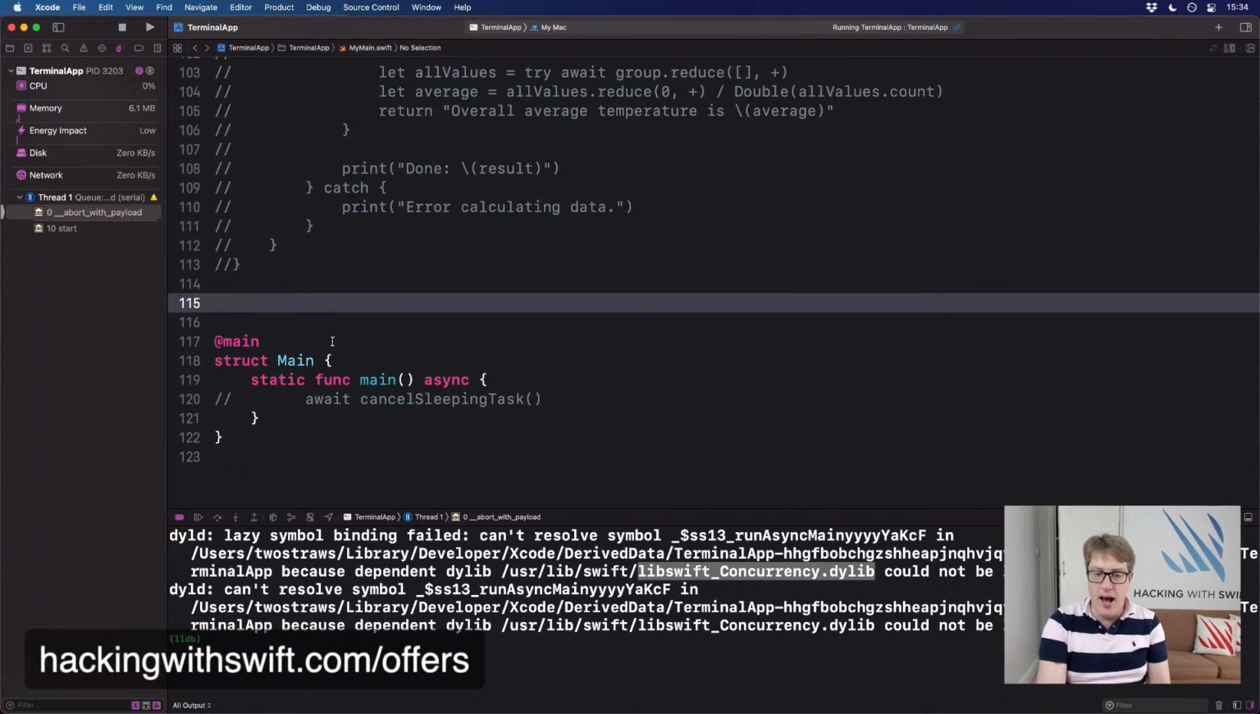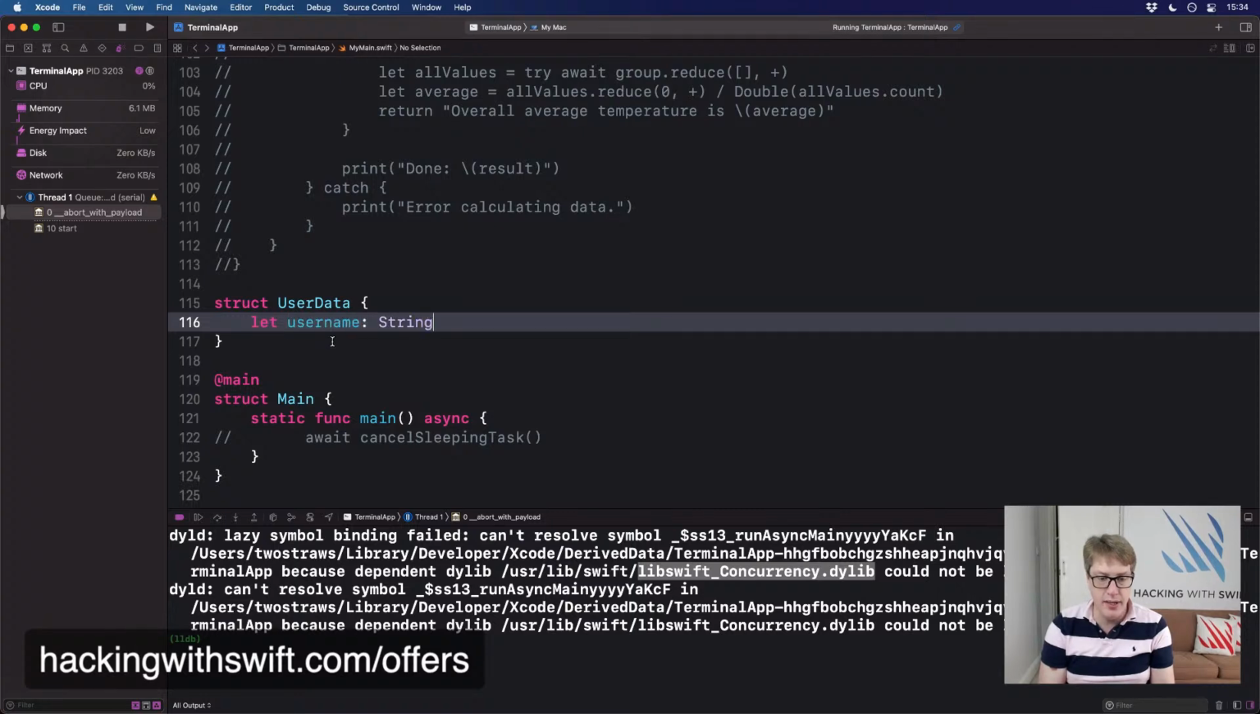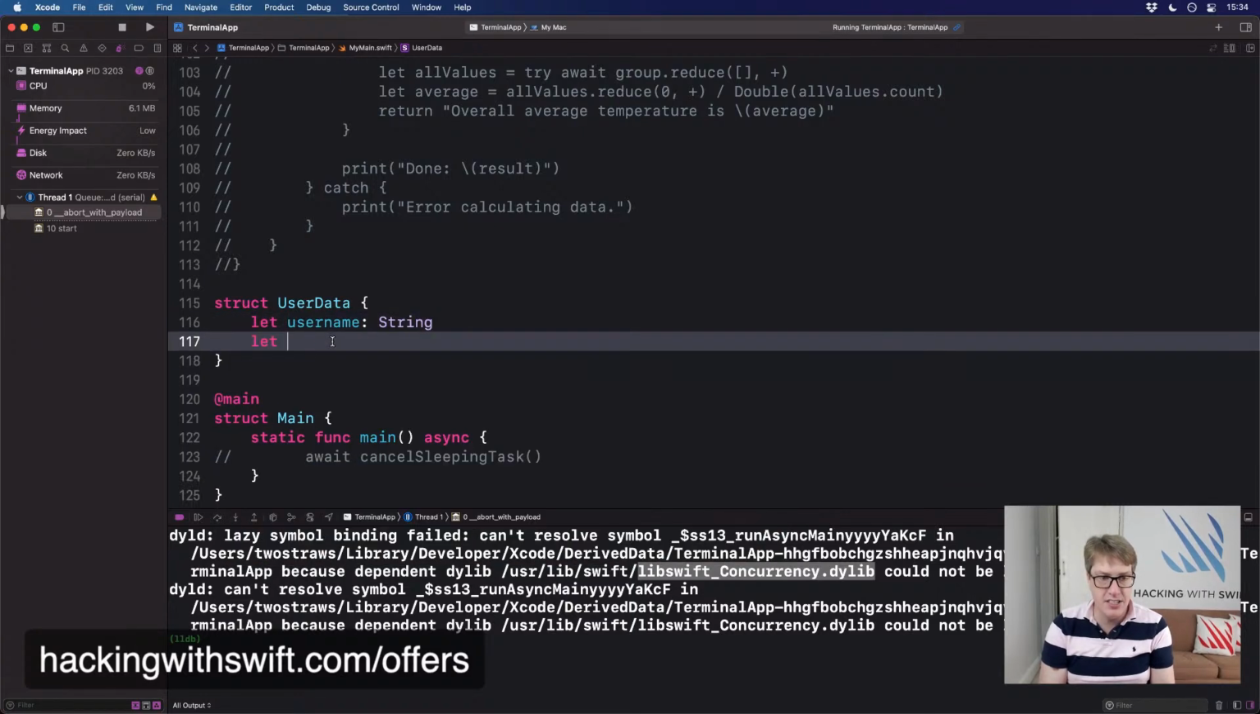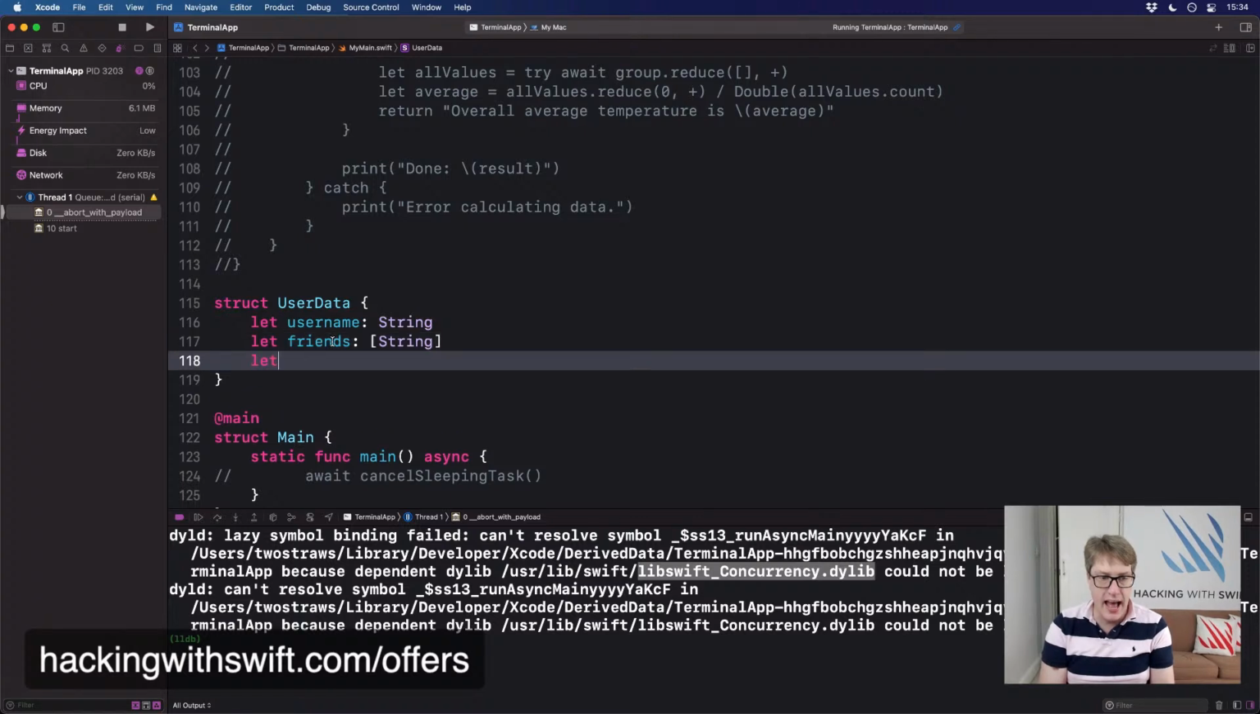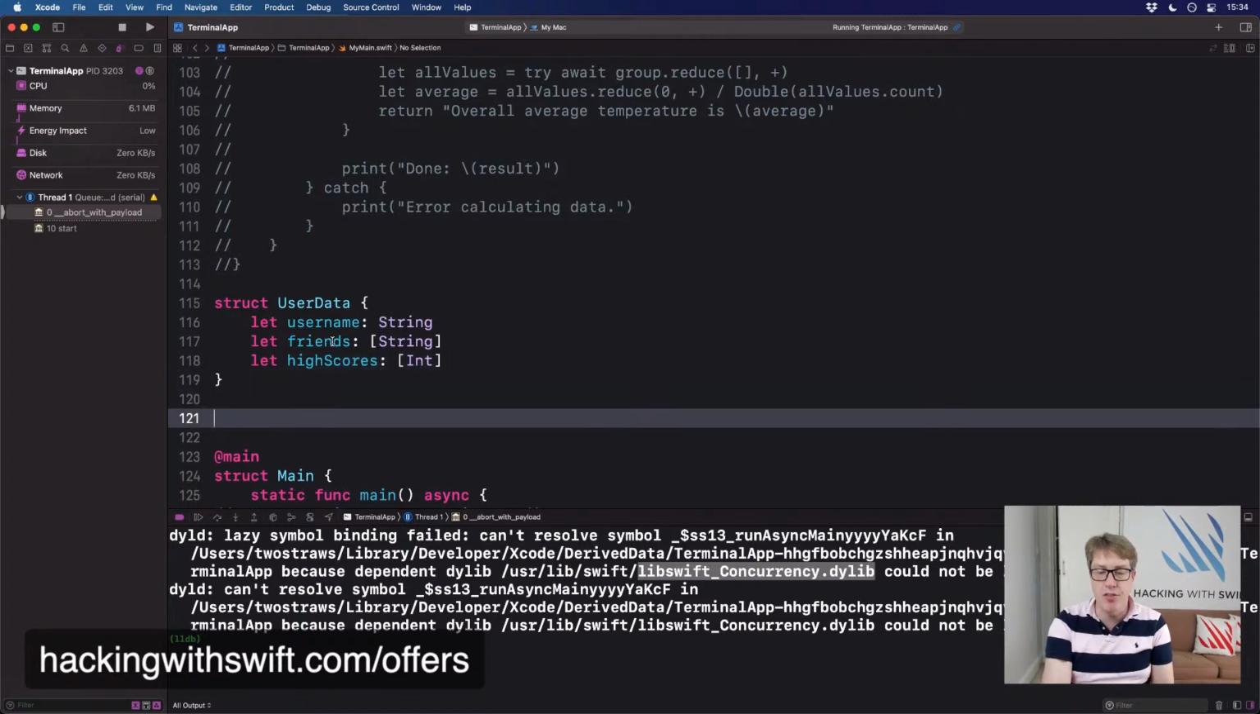I'm going to say I want to have multiple pieces of data for my user. I'm going to say that there's some user data, which has a username, a string, and some friends, a string array, and a high scores table for the game they're playing, which is an int array. Like this. And now in my code, I'm going to write 3 separate functions that will load those pieces of